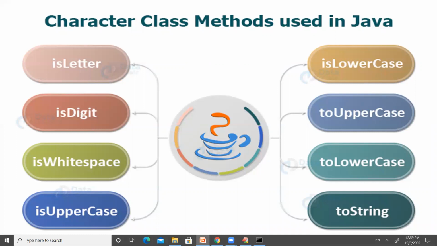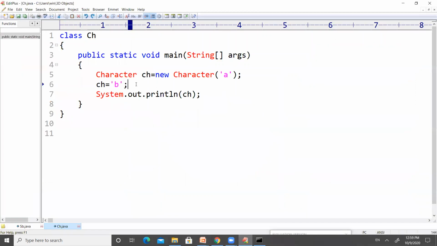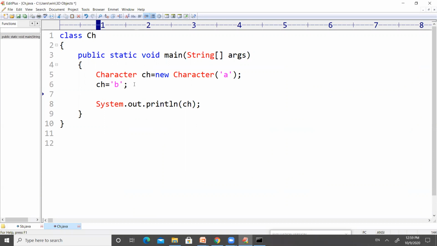First one is letter. So this method will return true in case the character is a letter, or false in case the character is not a letter. So let us see. Here we have kept B in ch, right?